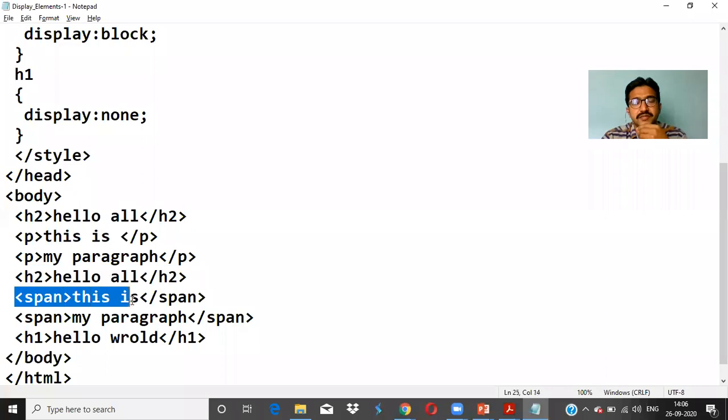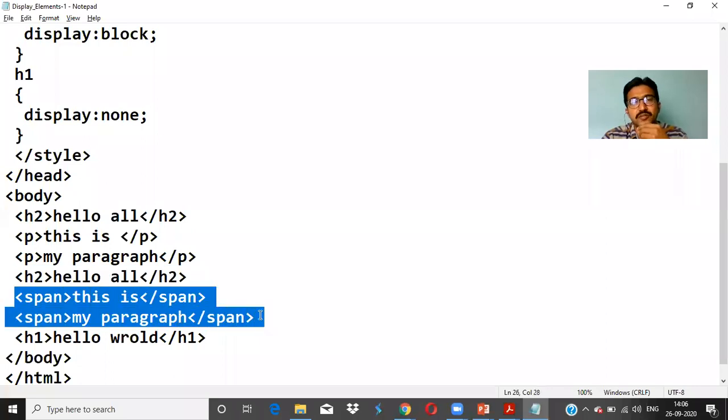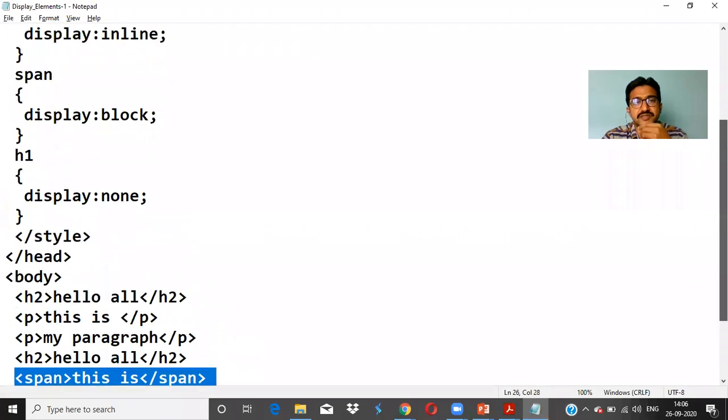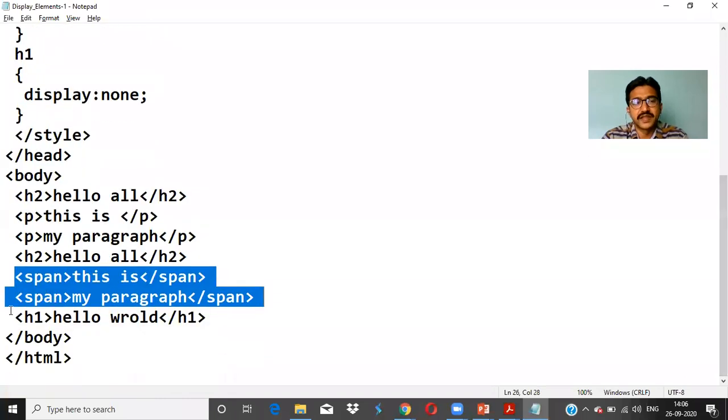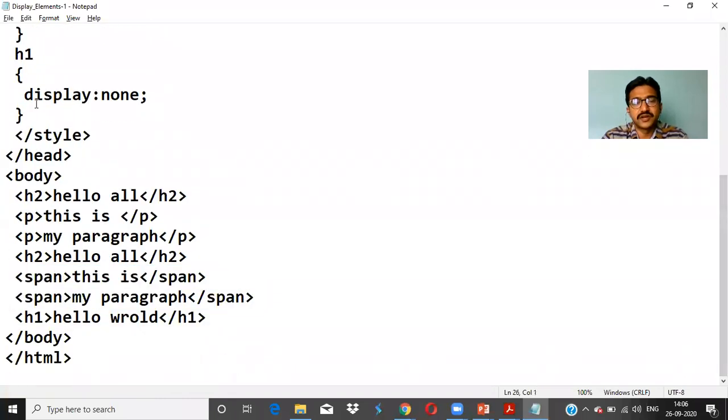Here we are using span. So span, what is the purpose of span normally? It is for a single line. Span is used for a single line. Div is used for multiple lines. Now when you are using span, you actually need to display it as what? A single line. But how is it displaying? Because you are selecting